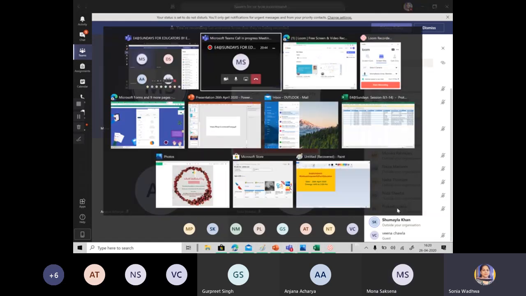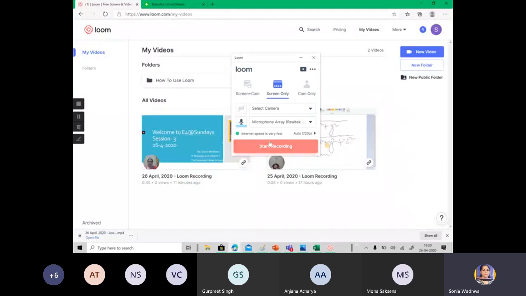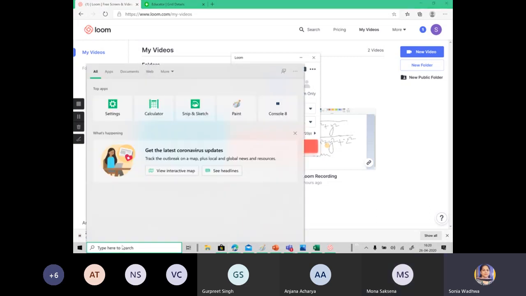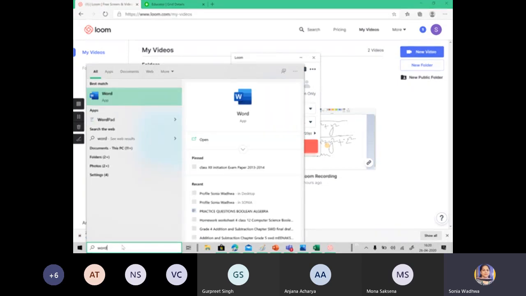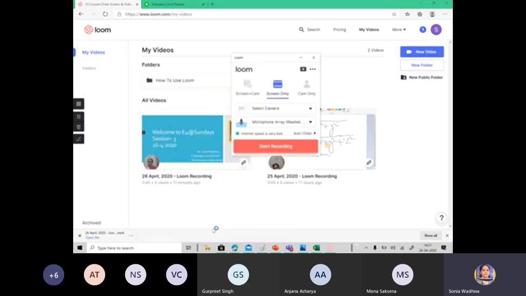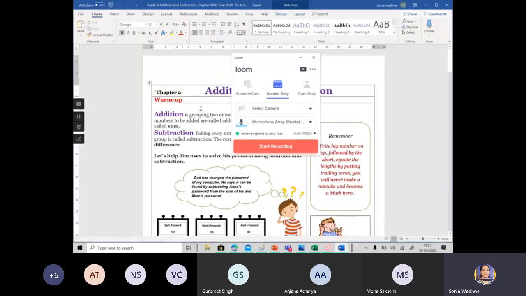Ma'am, please go ahead. Okay. So once I click on start recording, I have to have my document open that I need to explain. Let's try opening a Word document. Like I was explaining in the beginning, let's say I have a PDF from a mathematics book. If this was your book and you were to record and explain to the students, this is how you could do it. You can actually do your recording with anything. So this is a chapter of mathematics, and I click on start recording.